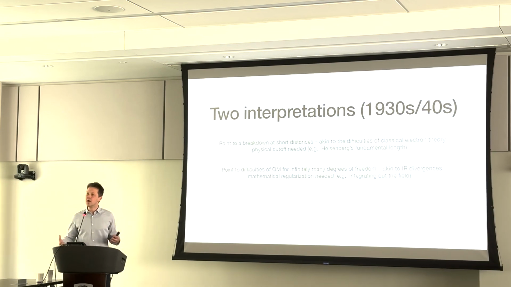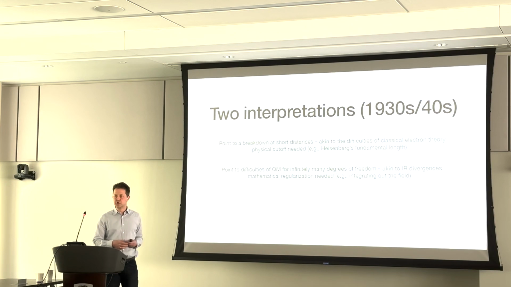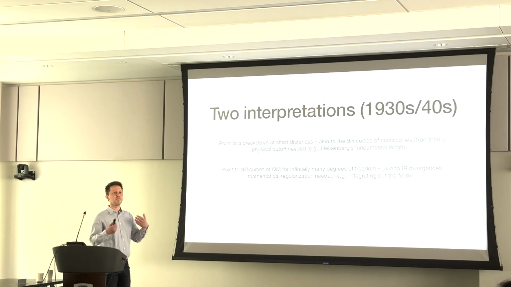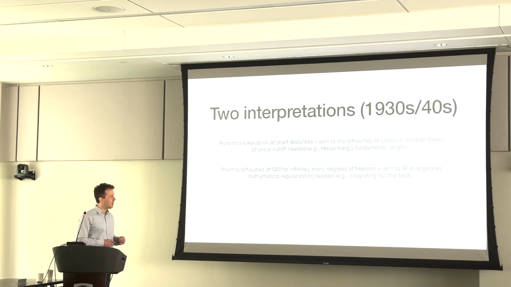would have in the infrared, where you similarly have to deal with the emission of large numbers of very low frequency photons. There were methods for dealing with this developed in the 1930s by Bloch and Nordsieck in particular, and so some sort of mathematical fix was needed that would not modify in any way short distance or high energy physics, but rather you would somehow have to, like in the IR, in the infrared, find new methods for dealing with infinitely many degrees of freedom in perturbation. So these were the two readings, and arguably,